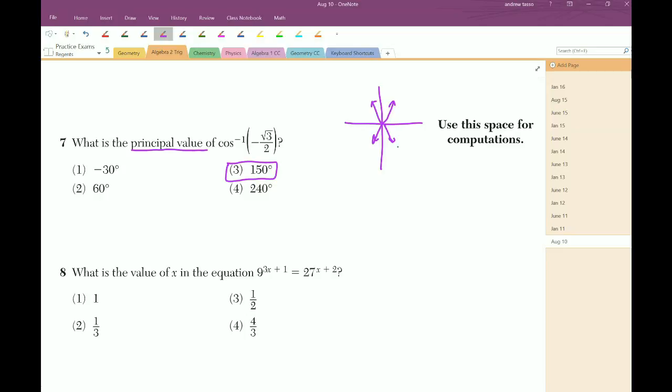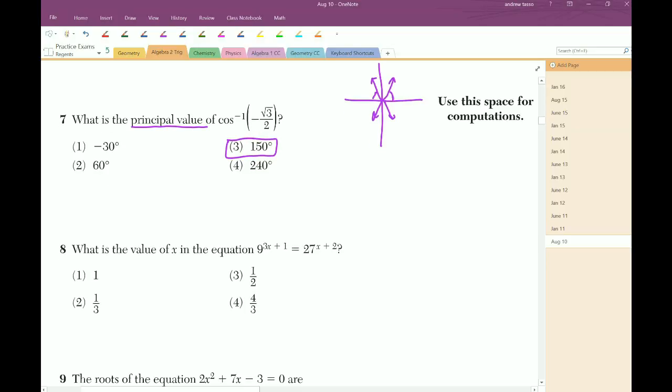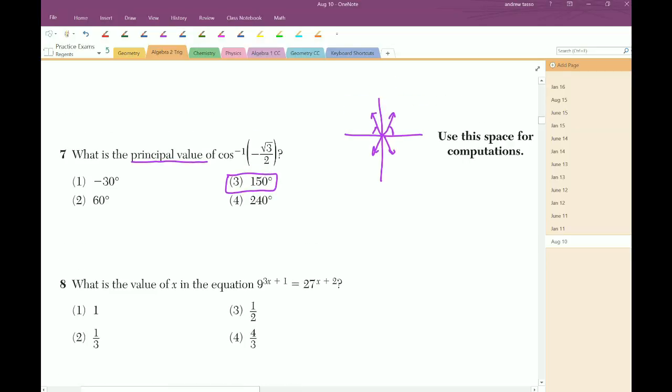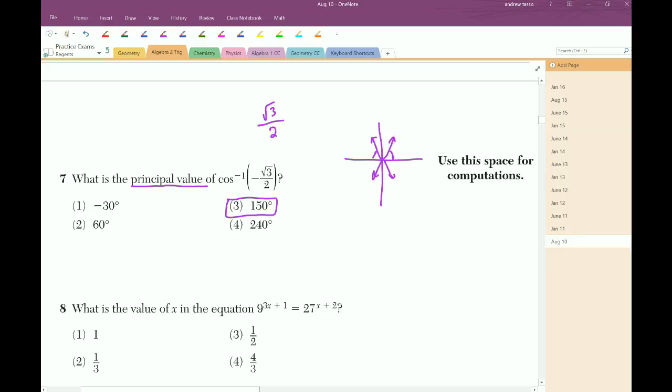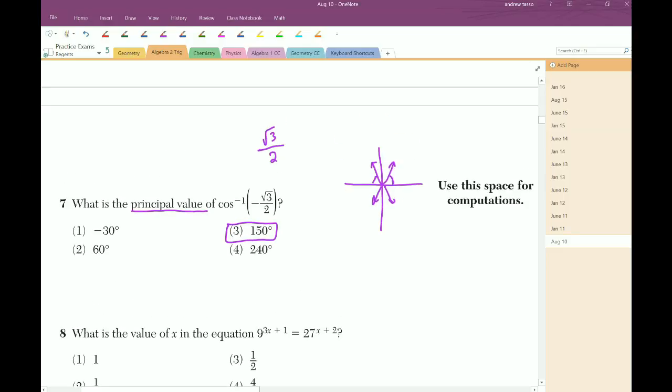So in this case, we are just looking for the principal angle. So usually it's a first quadrant angle. In this case, it's a second quadrant angle that has the negative value. Whereas, of course, the first quadrant value would have a positive root 3 over 2. And if you recall